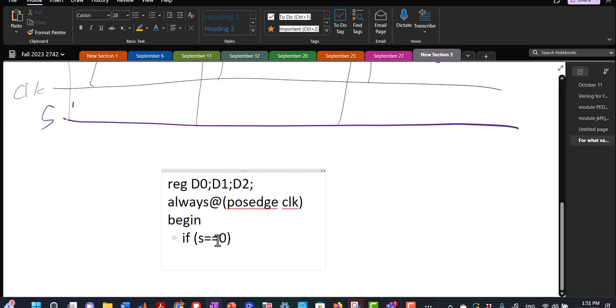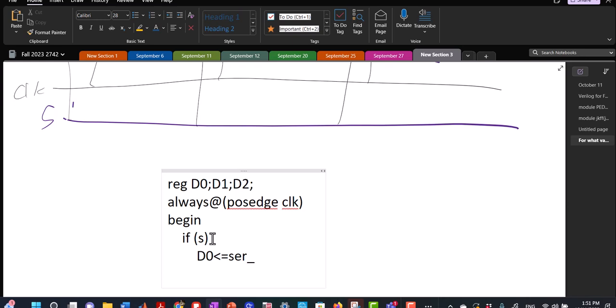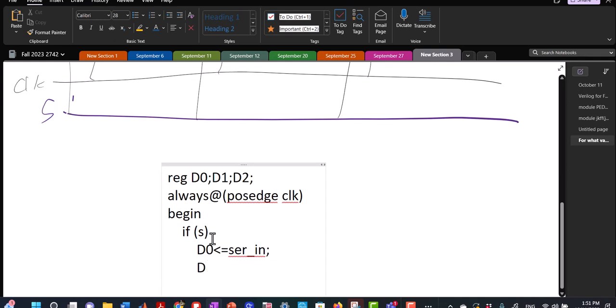So I really don't have to do this one. I could just say if S, because if S means if S equals 1. So if S equals 1, then D0 becomes equal to serial in. D1